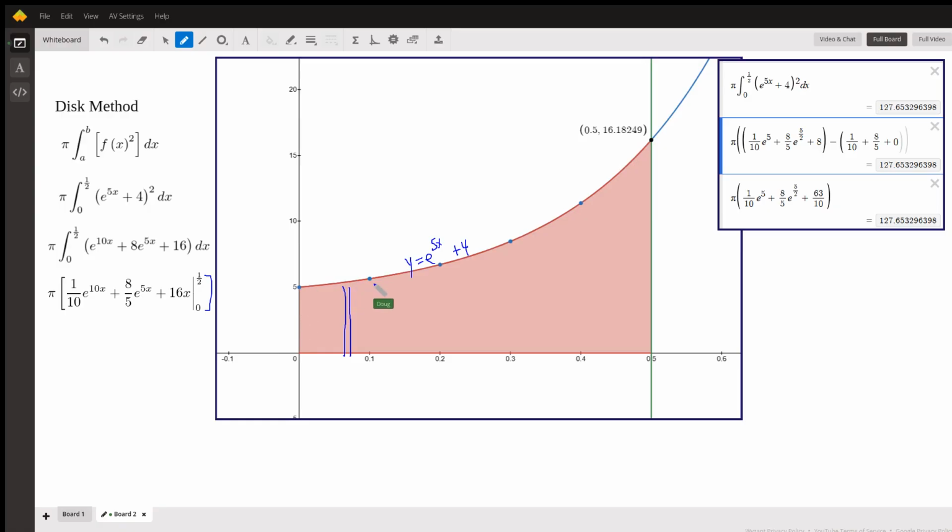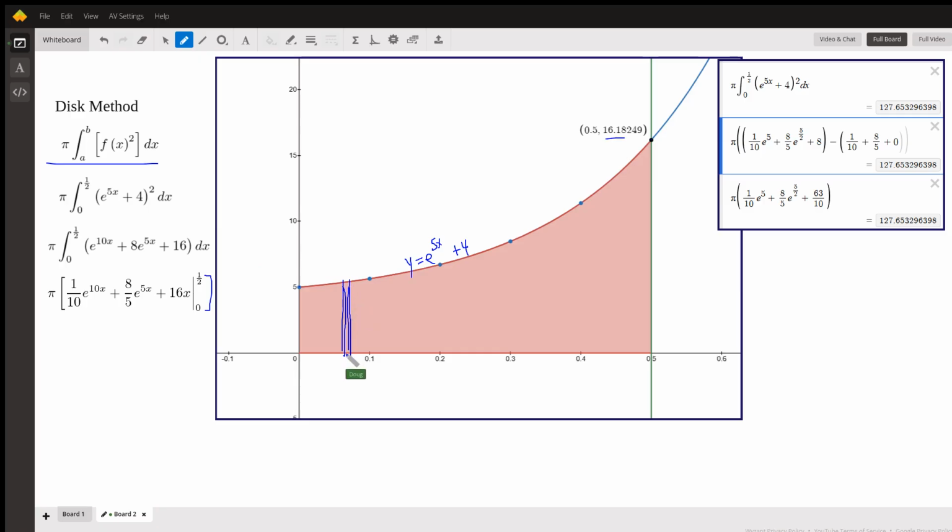Here's y equals e to the 5x plus 4. Notice it goes through 0, 5. And over here, f of 1/2 is about 16.18. You really don't need to know that. I'm going to apply the disk method. We're going to revolve this typical